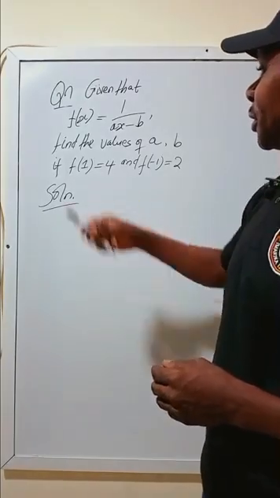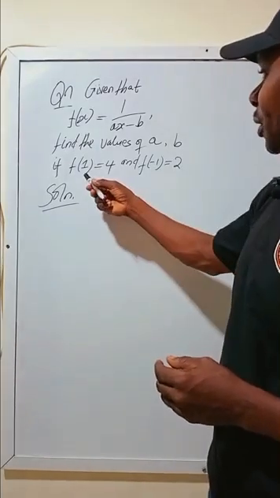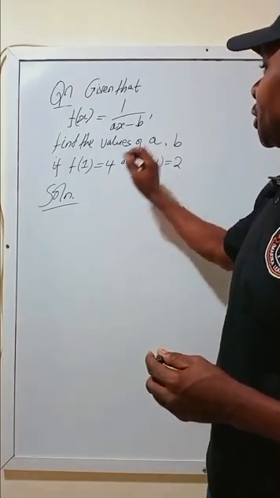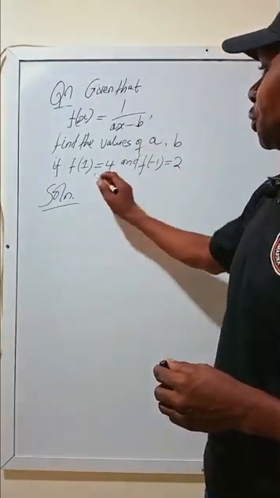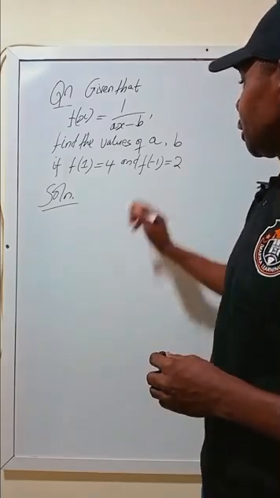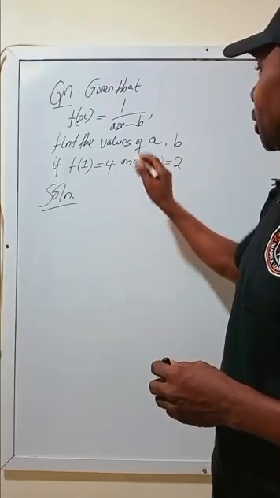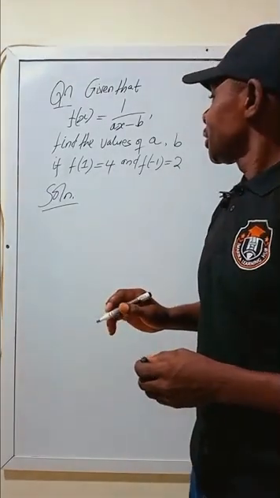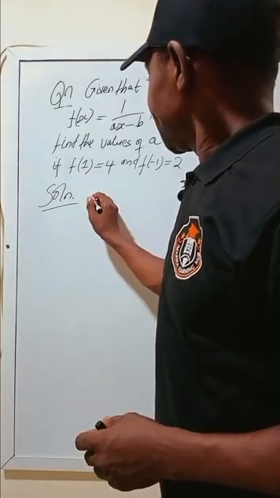For this particular case, where f of 1 equals 4, we have to substitute x equals 1 in this equation and equate it to 4. And in this other case, we have to substitute negative 1 for x, then we equate it to 2. So this is what I mean. That f of 1